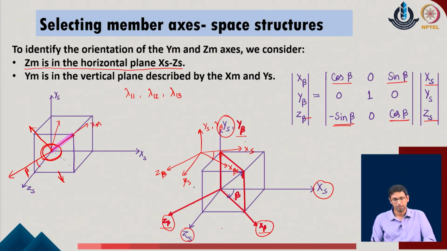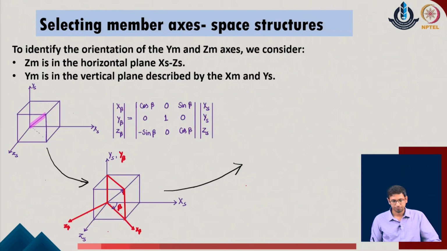Now, as a next case, we consider that this is the x of beta axis which has been considered, but now this axis should be aligned with the x of m, which is the member axis of the given system, because we want to locate our member axis in this direction. So, x of beta should actually rotate and get aligned with respect to the given member ordinate or the member length of the system. Now, this can happen only if the plane which we have identified over here.